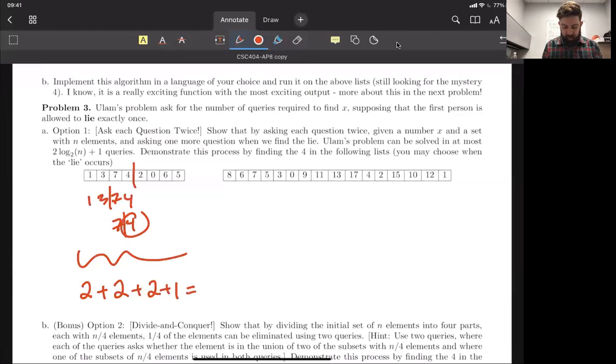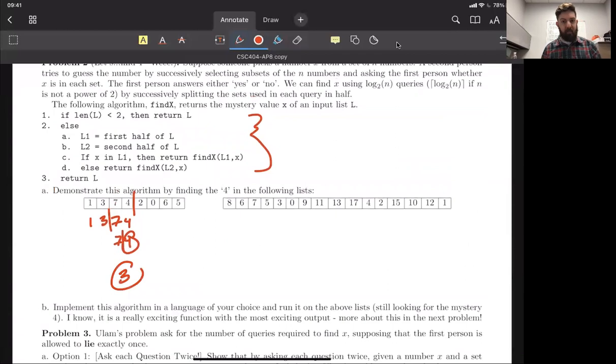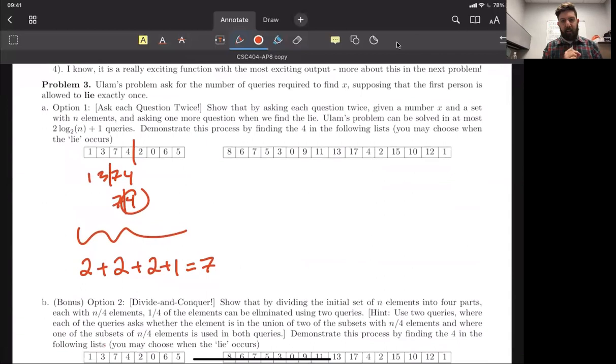So in total, that gave me 7 total questions to emerge. So 2 and 2 and 2, and then 1 final little plus 1. Whereas up above, this only took me 3 questions to actually identify where that little 4 happened to be. So the idea here is that we're basically doubling the number of questions. So we have 2 times the 3 from before, and then 1 final little pass to make sure we know exactly where it is. So the number of questions that we have to see here is then going to be 2 log base 2 of n, so that little power of 3, and then plus that little 1 at the